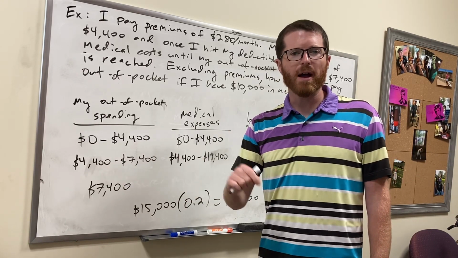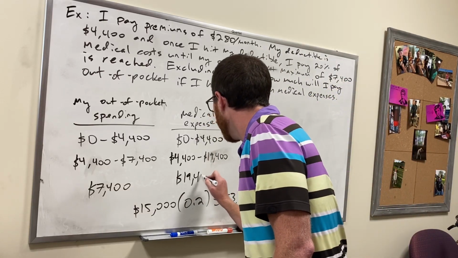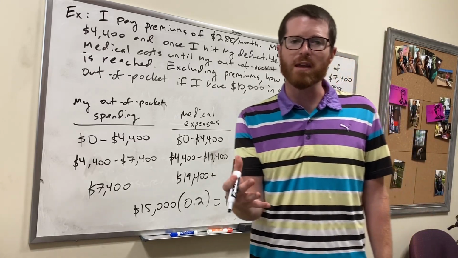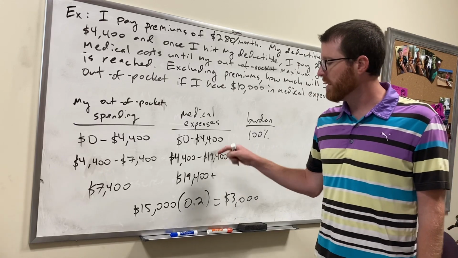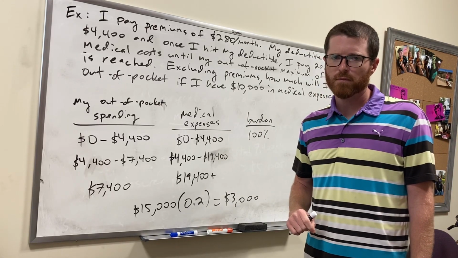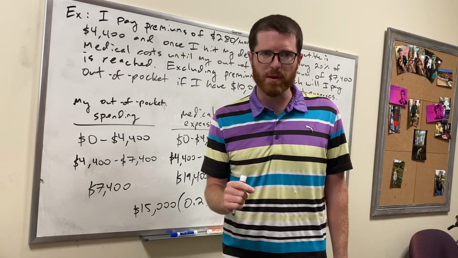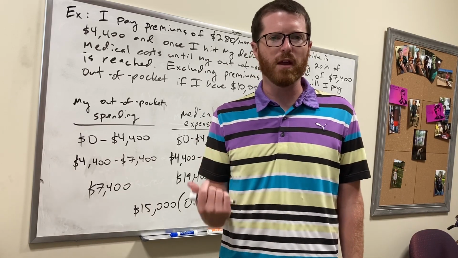In order for me to hit my out-of-pocket maximum then, I would need to spend $19,400 on purchases. Now, I'm not going to personally pay all of those expenses, but to hit the out-of-pocket maximum, I would need to have $19,400 in medical expenses. You can imagine this is a very, very common mistake that people make. And I think the very first time that I saw this, I made a mistake too when I was thinking